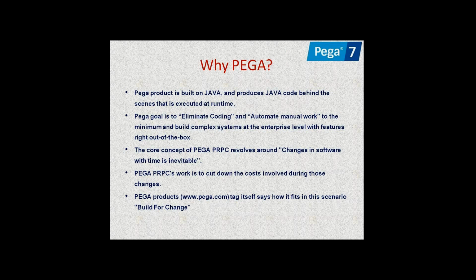And the main goal of this Pega system is to eliminate the coding and automate the manual work. Okay, so instead of writing the code and wasting time at the time of designing the applications, they have designed such a tool where, without writing code, all the options are given in the tool itself. Using those options we can build complex applications. Okay, so automatically everything will be converted into whatever format is required. You can design complex applications, complex web pages, and define business logic. Okay, with the features you have in Pega, those are sufficient to develop any complex systems within the Pega tool.